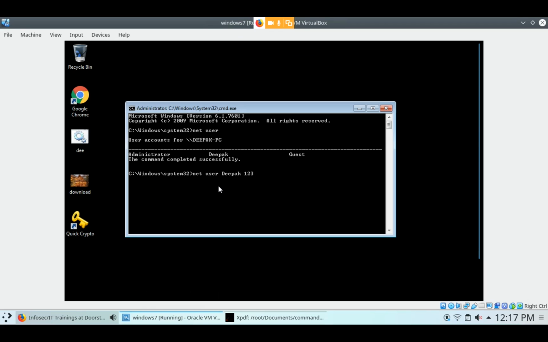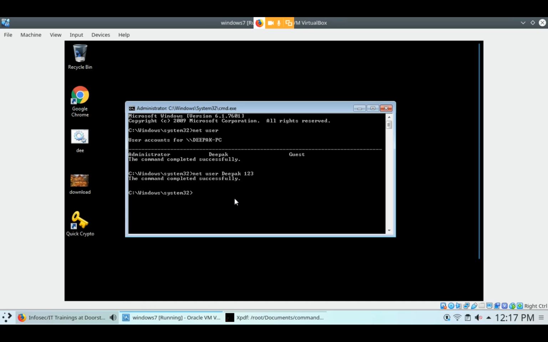Net user, after that you have to mention the username, and after that you will use any password. Any password, you can use your name, anything. This is the place for username, this is the place for password. After hitting enter, this command completed successfully.